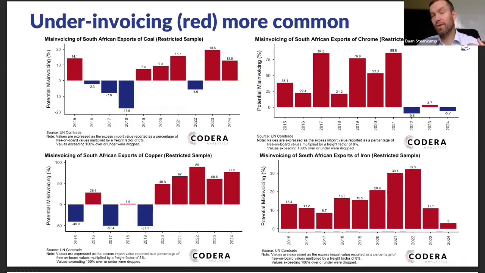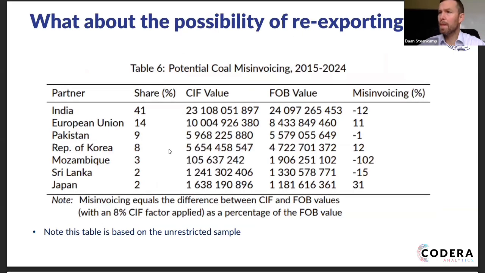So there could be many potential explanations for this, and in the paper we detail several of them. We look, for example, at the potential that re-exporting is affecting the estimates. So, for example, if we look at coal, because we know there's been a shift in coal exports to ports in Mozambique, for example, South African exports that are exported overseas via Mozambican ports,